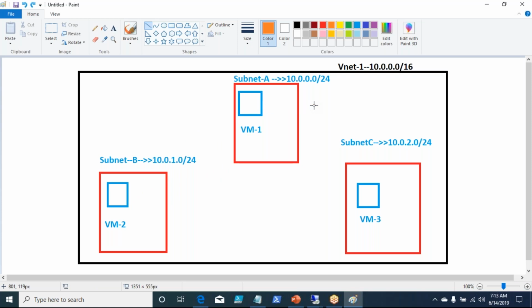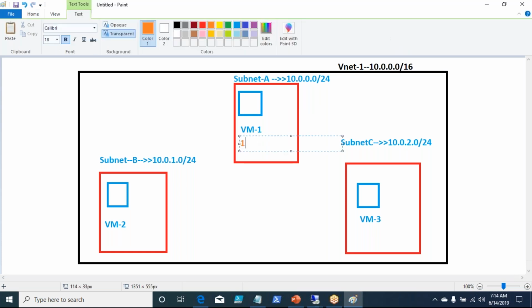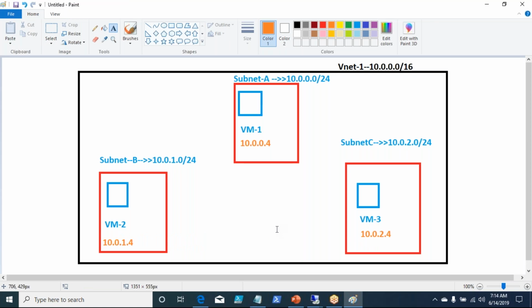Now this VM will have an IP address of 10.0.0.4. This VM here will have an IP address 10.0.1.4, and this one here will have an IP address 10.0.2.4. And by default, if you are not creating the routes, all these machines will be able to communicate with each other without any restriction, right?